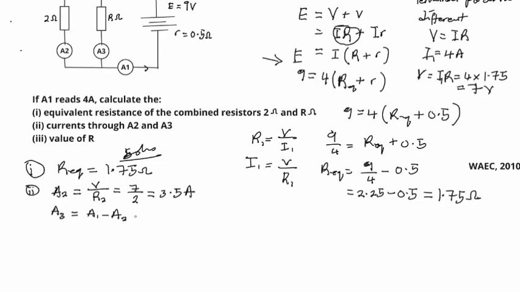So this is equal to, well, A1 is 4. 4 minus 3.5 will give us 0.5 amps. So the current through the unknown resistor is 0.5 amps. So we have calculated the second question. So the third one